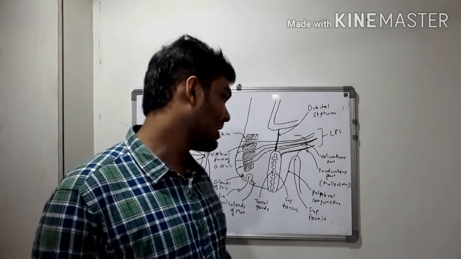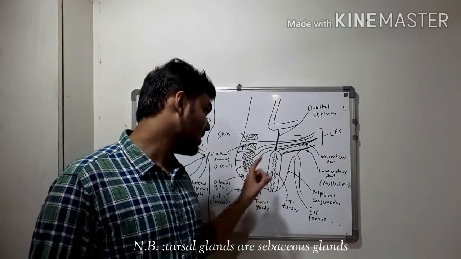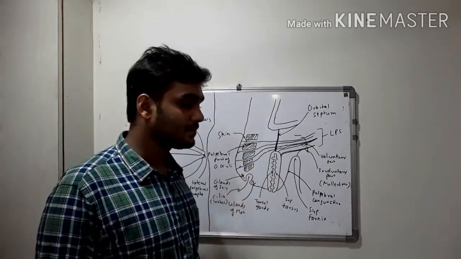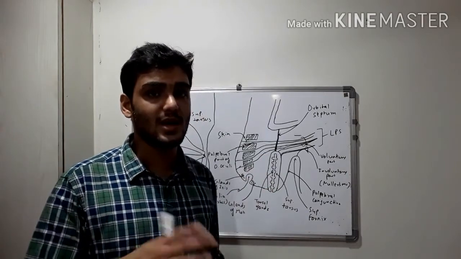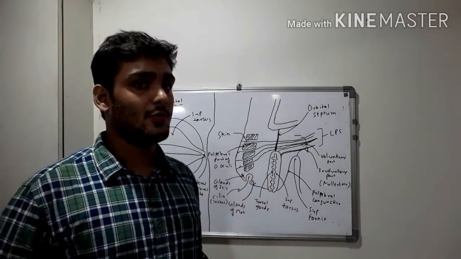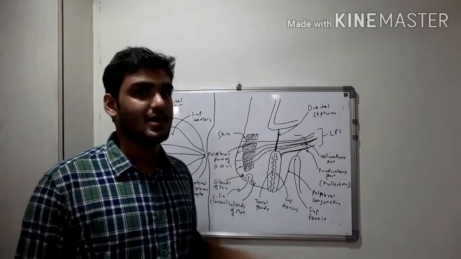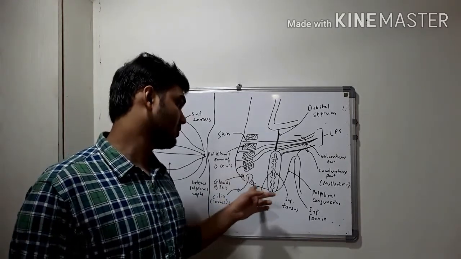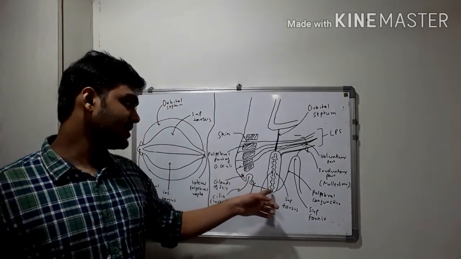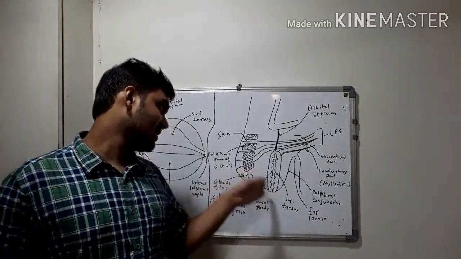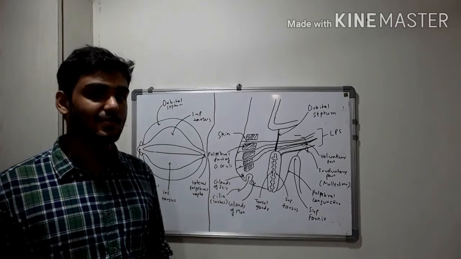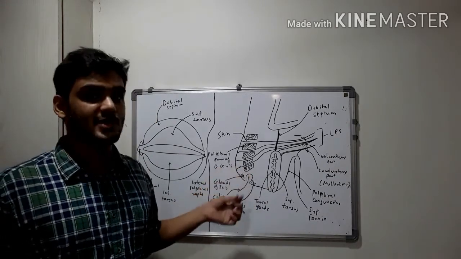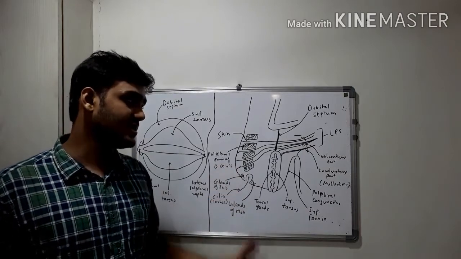Then talking about the tarsal glands. So tarsal glands are embedded in the tarsus, and these are also known as meibomian glands. And as we saw, their openings are in the inner lip of eyelid, behind the eyelashes. So this is the eyelash, and here is the opening of tarsal gland. So it is behind the eyelashes, and the glands of Zeiss and glands of Moll are associated with the eyelashes. They are near the origin of the eyelashes, as you can appreciate in the diagram.